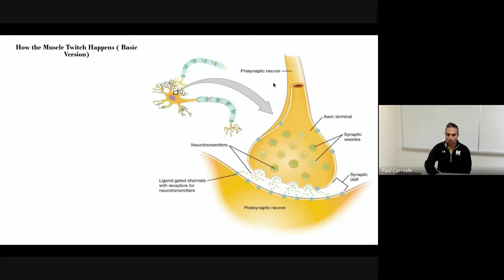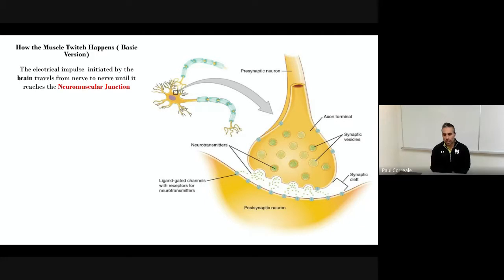Now, when we start talking about muscles and how they are affected by this nervous system connection, we are referring to the pre and the postsynaptic neuron. The presynaptic neuron would be that incoming message that is going to want to interact with the postsynaptic neuron, which would be along the surface of the muscle that we want to contract.